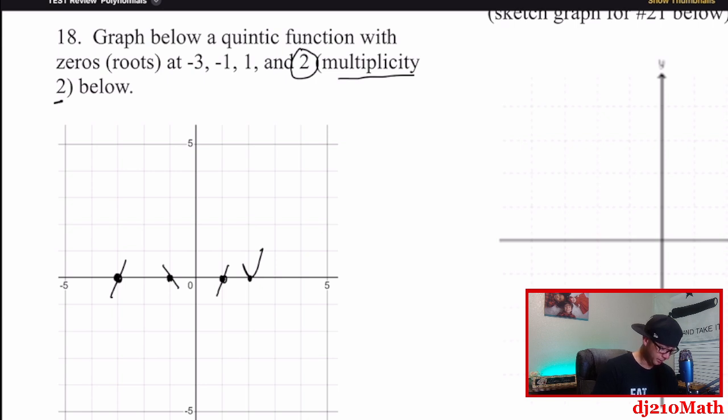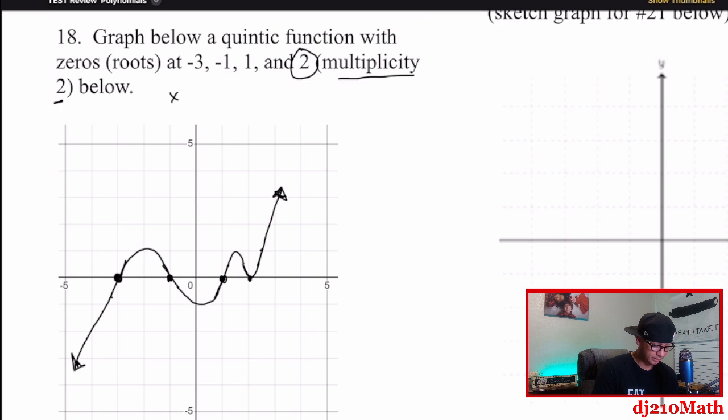So the end behavior, this guy's going to go down. This guy's going to go up. And then look, so we can kind of, in the middle, you can sketch. It doesn't have to be precise, right? Because we don't know these exact. Does it really cross right there? I don't know. So here's a graph of what it could be,